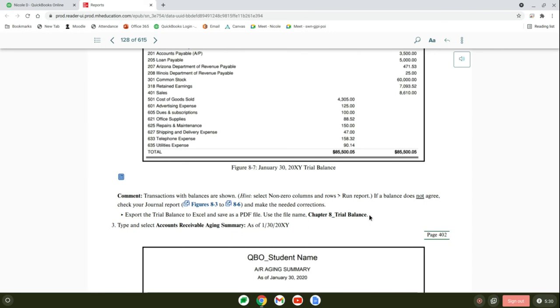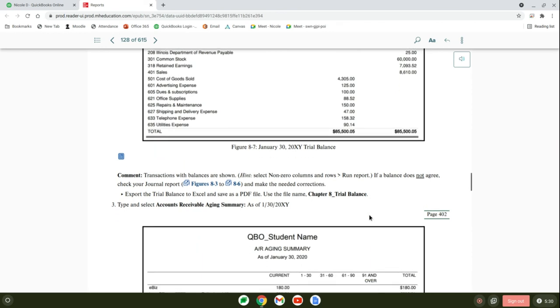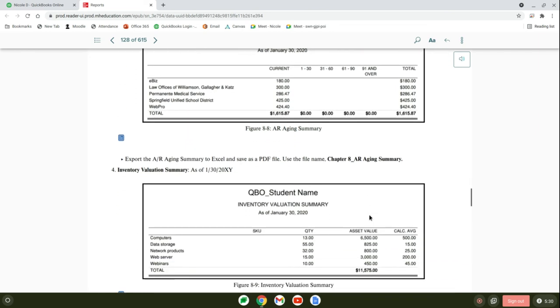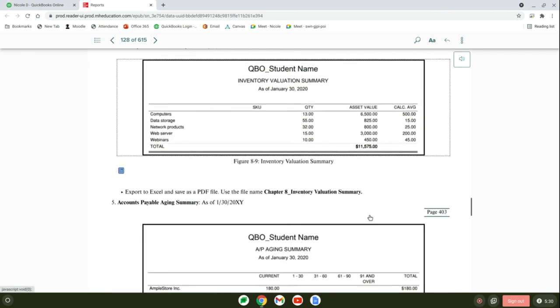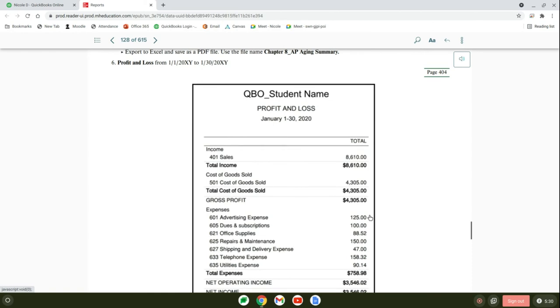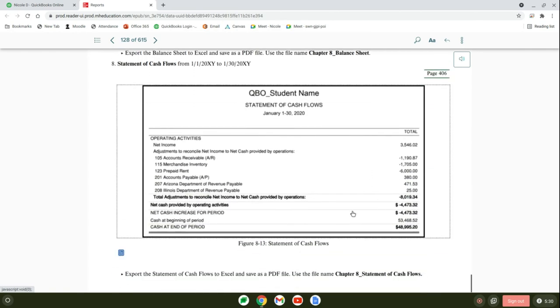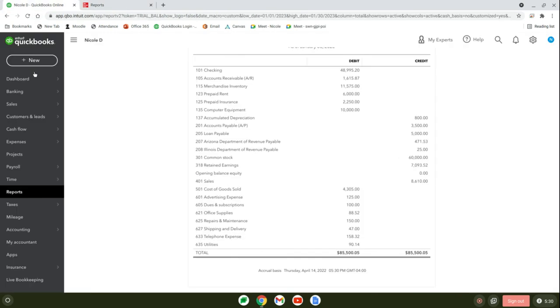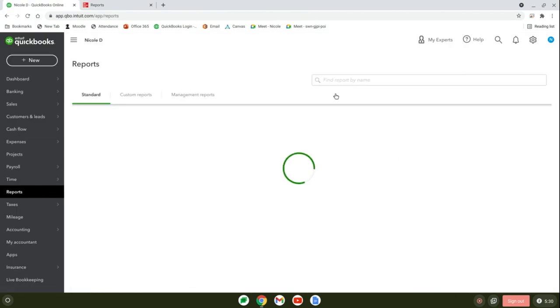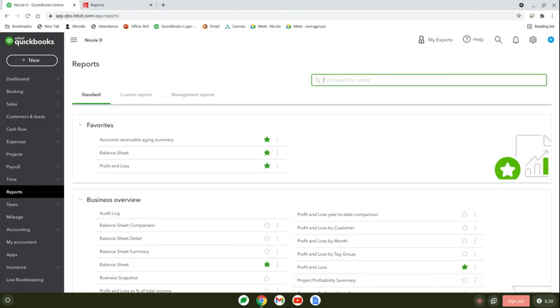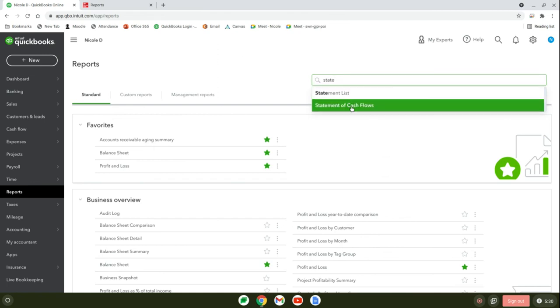And then the other one I ask you to do, is it the statement of cash flows? Wow. Interesting, because I rarely ever ask for that, but I guess I did this chapter. So you're going to do the statement of cash flows, and it's all the way down here. Switch it up on you a little. So we'll go to reports, and you're going to start to type in statement of cash flows,